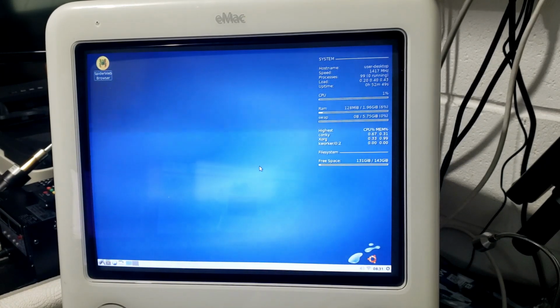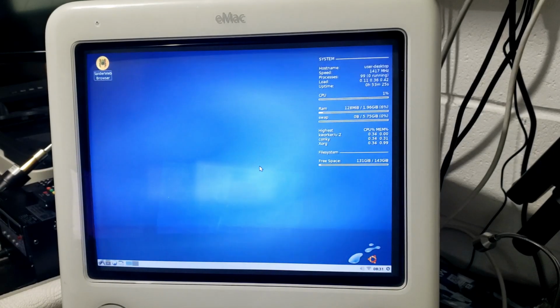There's two versions. There's a 16.04 and, actually, not 14.04, 12.04. It seems that the 16.04 doesn't work on these eMACs, although it does seem to work on the iMac G4. I don't know exactly the difference between them. So what I've ended up having to do is go back down to Ubuntu 12.04, and as you can see,